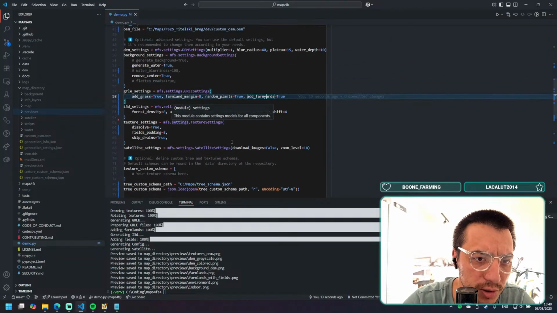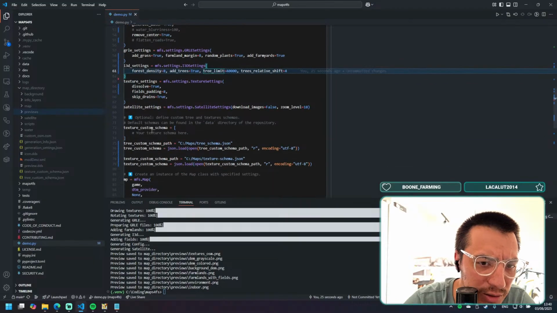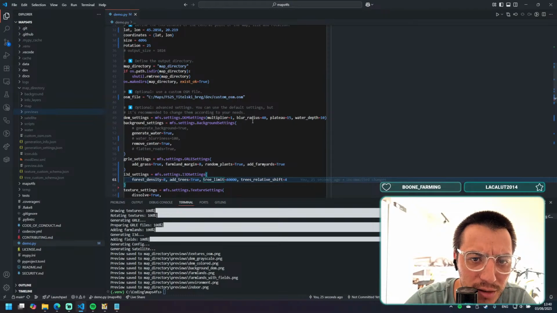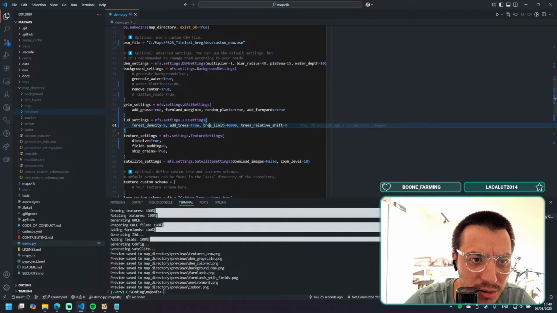So add trees true, tree limit, dissolve, right? So where is this new parameter? I forgot. Flatten roads. Where is flatten roads? Okay,